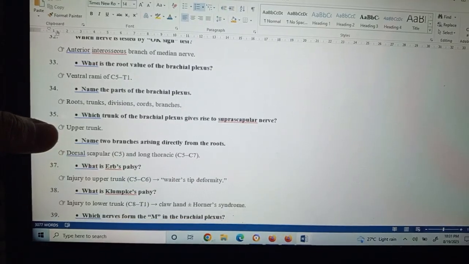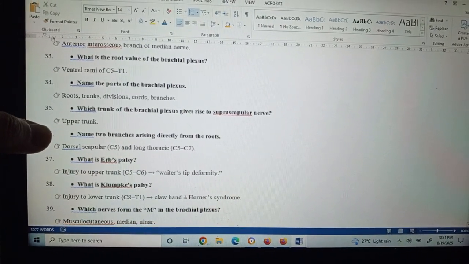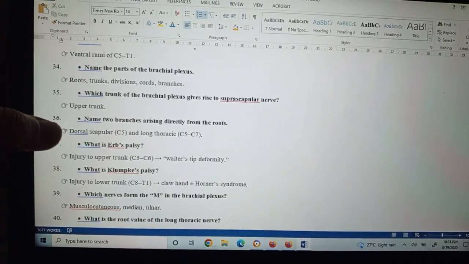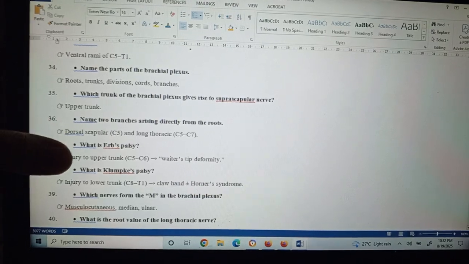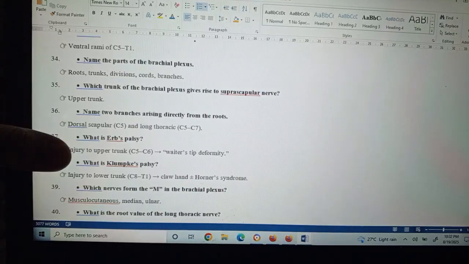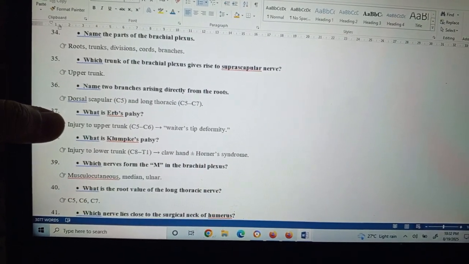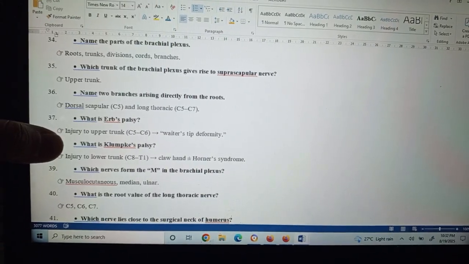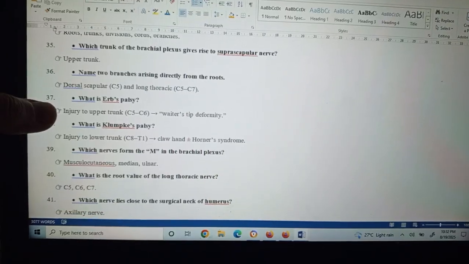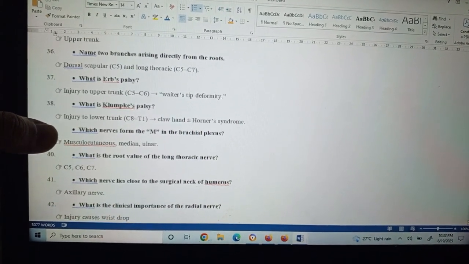What is the root value of the brachial plexus? Ventral rami of C5 to T1. It is very important. Name the parts of the brachial plexus: roots, trunks, divisions, cords and branches. You must know the terminal branches. You must know all the terminal branches. Which trunk of the brachial plexus gives rise to the suprascapular nerve? Upper trunk. Name the two branches arising directly from the roots: dorsal scapular nerve C5 and long thoracic nerve C5